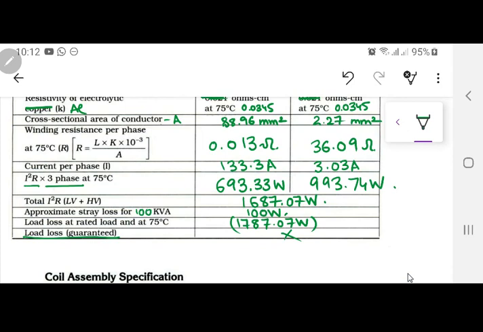अब ये whenever you are designing a transformer, you have to be a little on the slow side. और आप अगर consumer ने आपको पूछा है 1760 watts, so you should be something near 1700 or something. आपको थोड़ा सा benchmark रखना पड़ेगा. Otherwise, when the transformer is going to be loaded or when it is going to be short circuit tested, the conditions can be different, so the resistance can be very different.